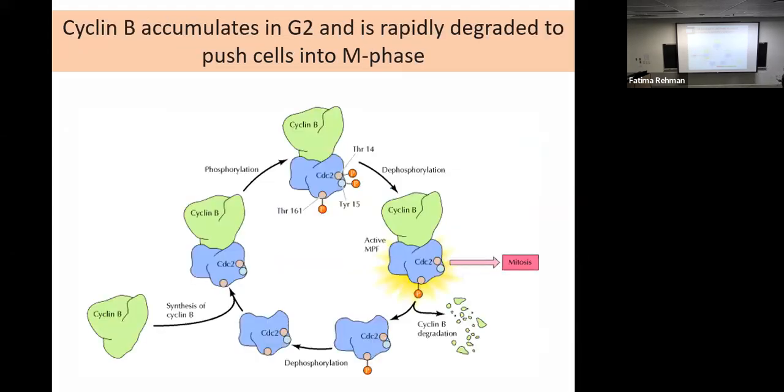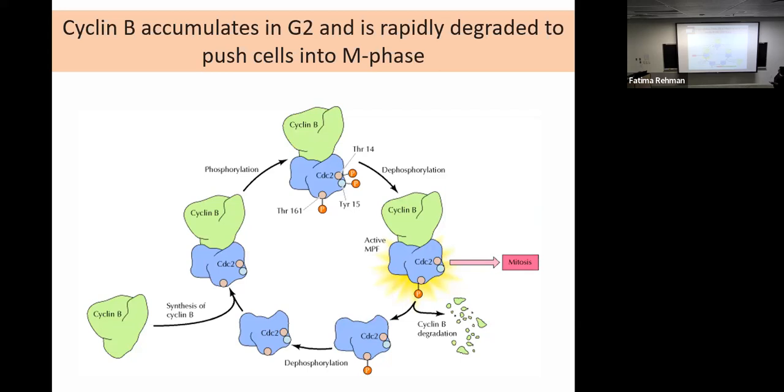So here is that cycle. So cyclin B, as I told you, accumulates all throughout the G2 phase, you're getting more and more cyclin B, but it is not going to initially activate your CDK. So cyclin B is bound to CDC2 or CDK1. They're both names for the same cyclin-dependent kinase, but the cyclin-dependent kinase is phosphorylated at all these places, so it can't function. It's dephosphorylated by your CDC25, which triggers mitosis.